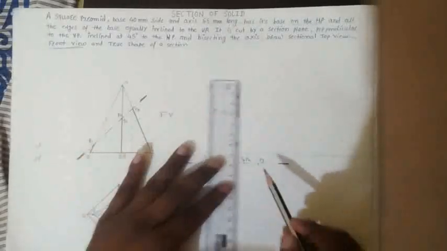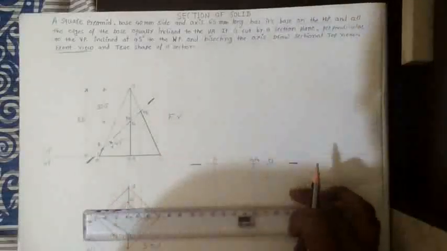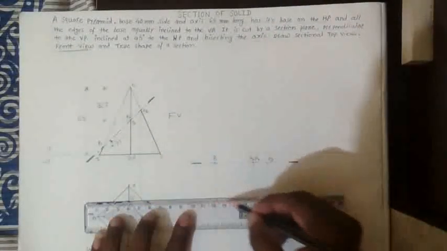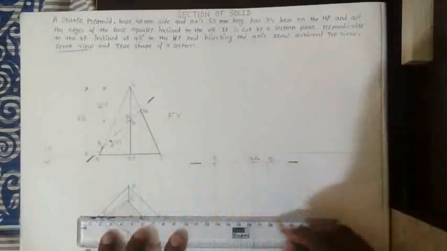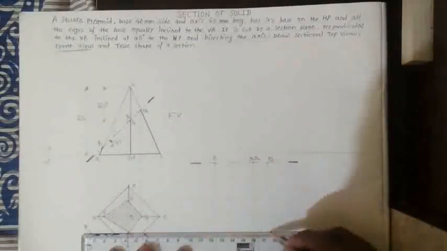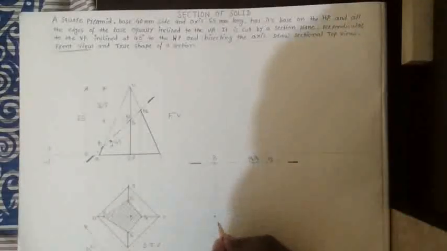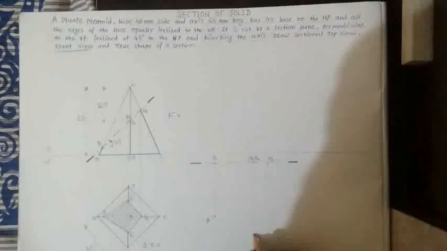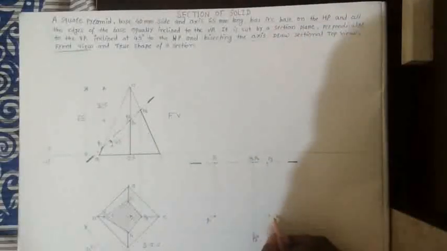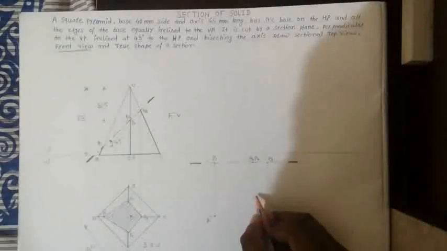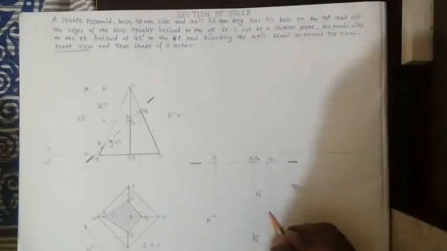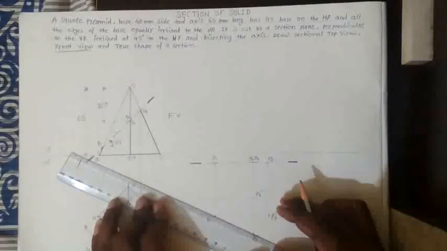Now project all the points downward. Also project this point P3 downward side. At the same time we have to project all these P4, P1, P3 and P2 points here also. So we will get here P1 double dash at this point, P2 double dash at this point, P3 double dash at this, P4 double dash. Now join all these points by straight line.